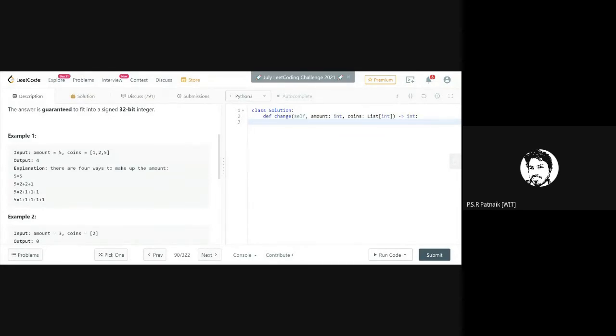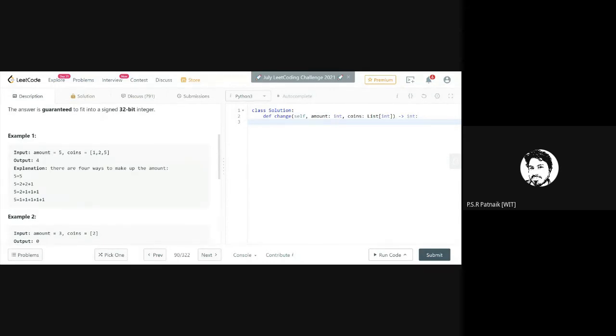Usually, it looks like the approach for this problem is brute force. The immediate logic that clicks is to count how many ways I can make it using 1, using 2, using 1 and 2, using 1 and 5, using 2 and 5.